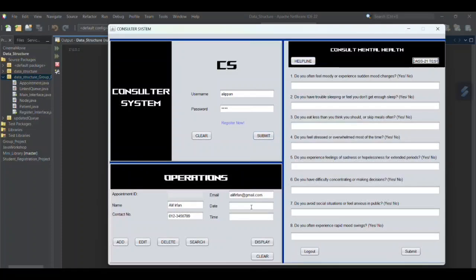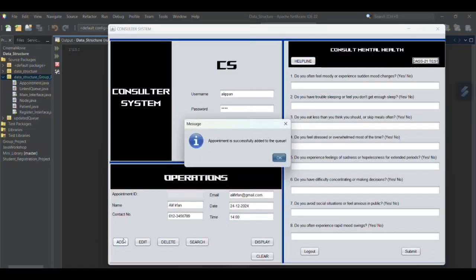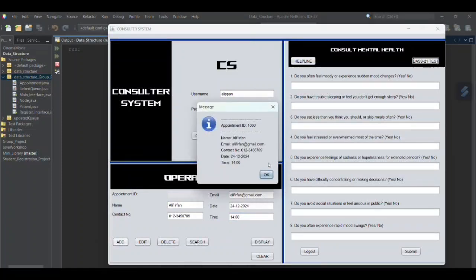So we want to make an appointment, so first we enter the details on the date and time. Alright, successfully added to the queue